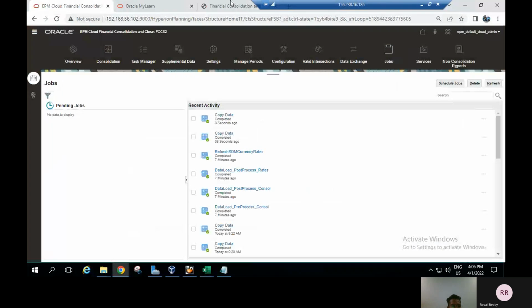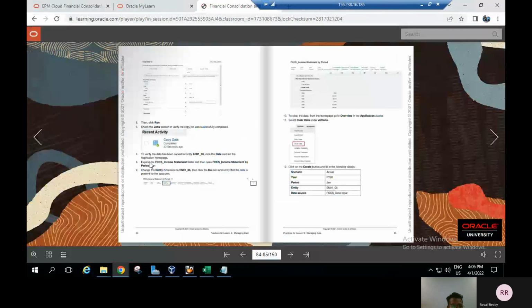Coming back to the documentation, to verify that the data has been copied to EN01, click the data card on the application on the home page. This process you can see in the next process only. And the next process is that